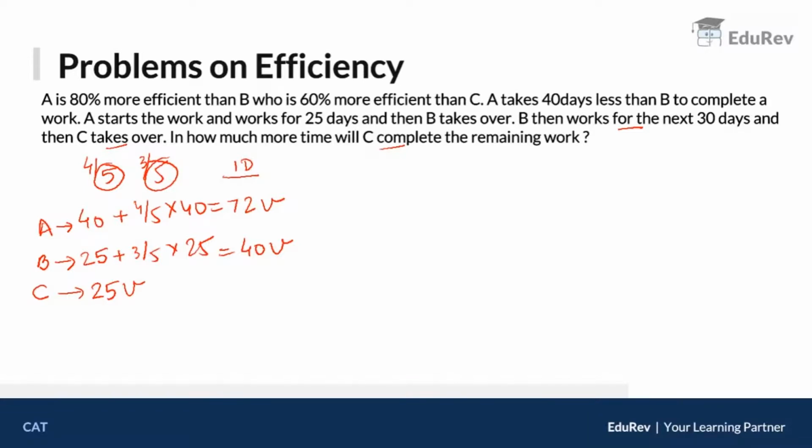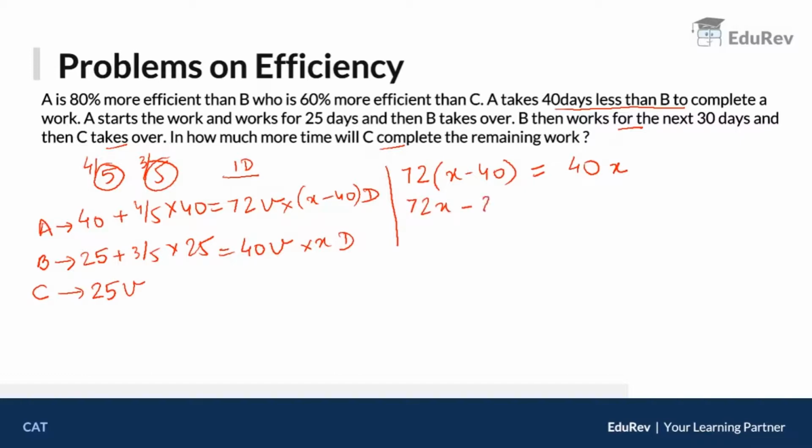Before that, A takes 40 days less than B to complete the work. So suppose B works for X days, A is going to work for X minus 40 days. But we know these guys complete the same amount of work in the stipulated time. A does 72 units in a day and works for X minus 40 days. B does 40 units in a day and works for X days. The work done by both of them is the same. So if I simplify this, I will get